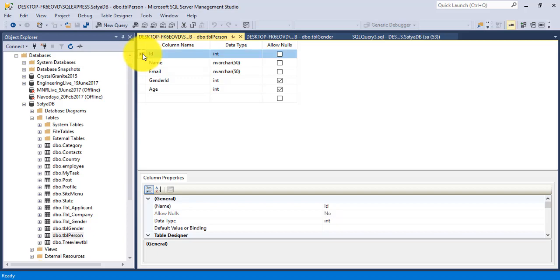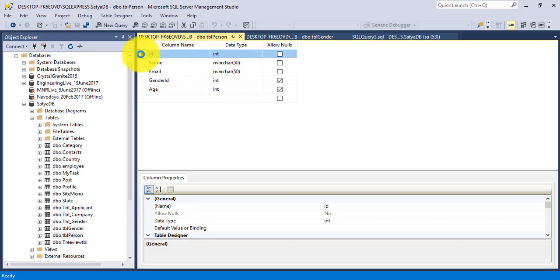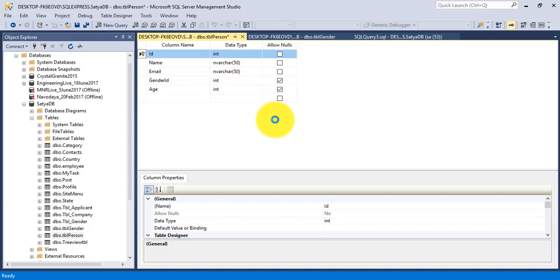If you create a new table, you just right click on the ID column and it shows Set Primary Key or Remove Primary Key. If you remove it, I have to set the primary key here again. See, like this you can add the primary key on a column of a table.